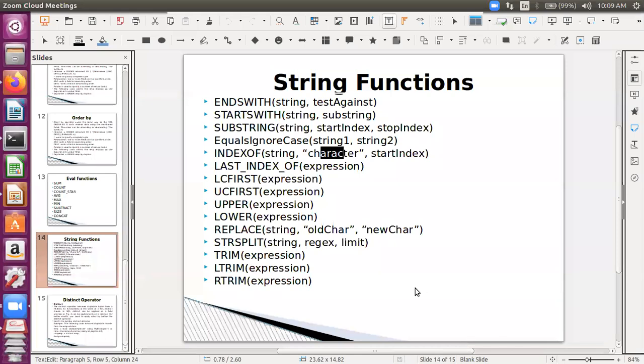Yes, sir. LC first will change the first character of the string to the lower, and UC first will change the first character of the string to the upper, and upper will change the whole string to the uppercase, and lower will change the whole string to the lowercase.